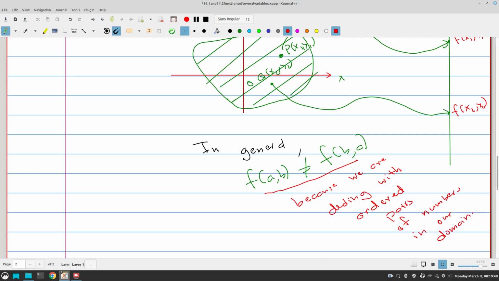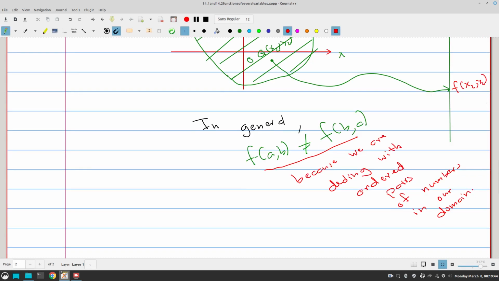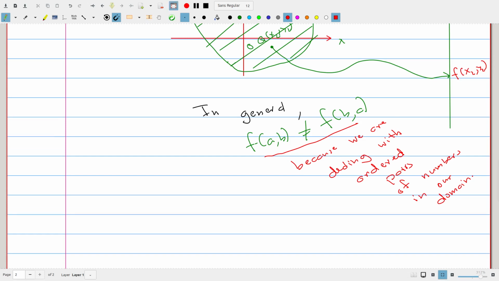Okay, so let's look at a few examples of functions of two variables, and let's try to sketch their domains. So the first example given in your textbook is